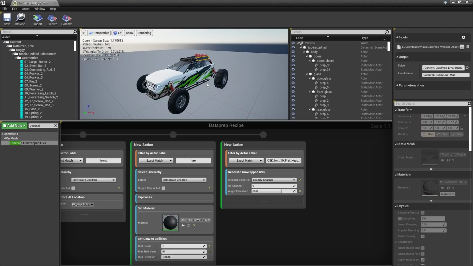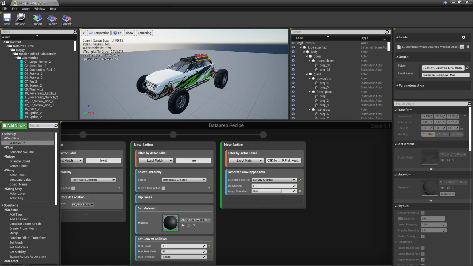So as far as merging our meshes together, we're going to use a two-step process, and this is where the metadata tags will come in handy. I want to merge everything that is related to the body into a single mesh, everything that is related to the frame in a single mesh. The wheels will each be their own mesh, and then all of the equipment will also be merged, leaving us with about 6 to 8 meshes total. Let's start with the body.